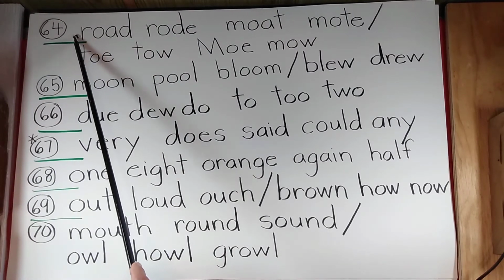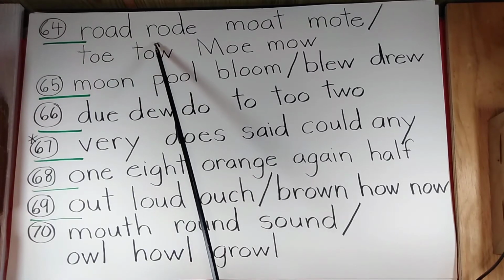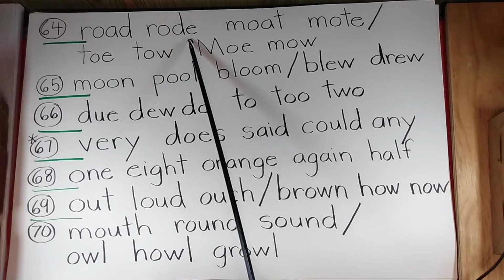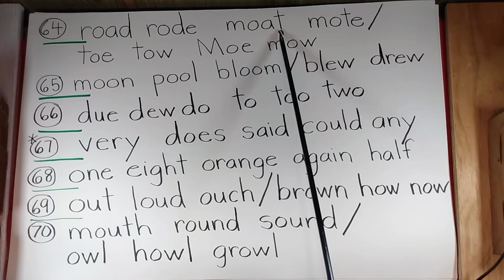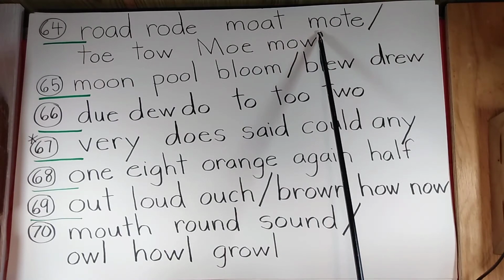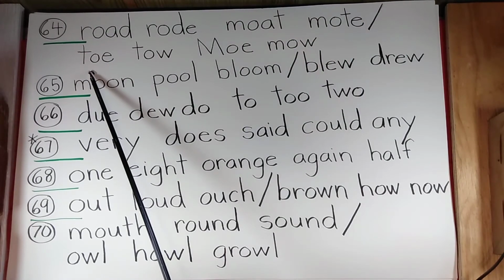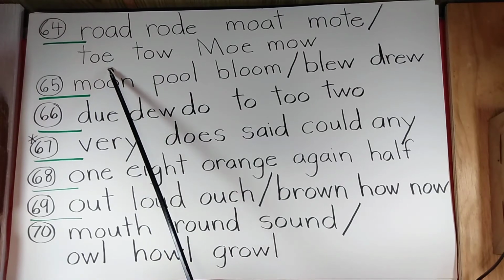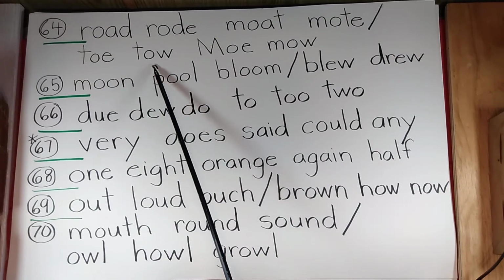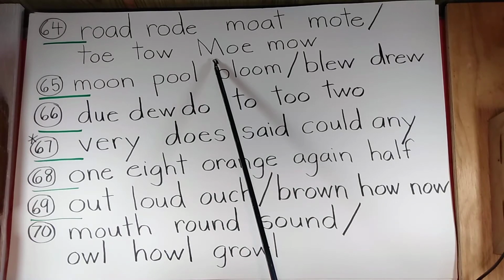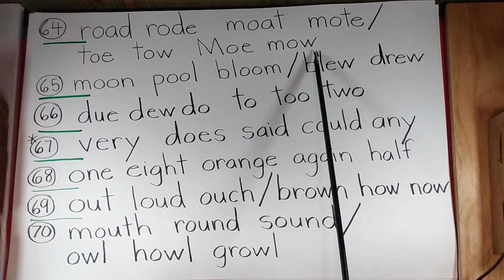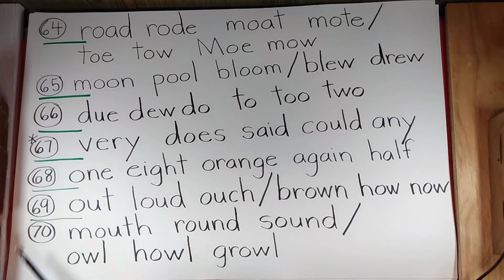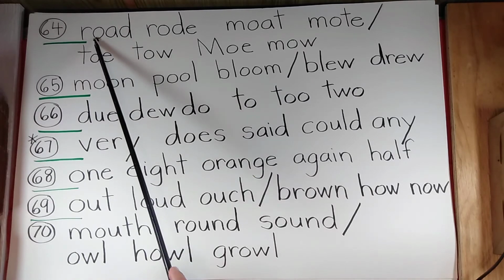64. Road, road. Moat, moat. Toe, toe. Mow, mow. So we've got a couple different sections here because the long O sound can be formed with an OA,